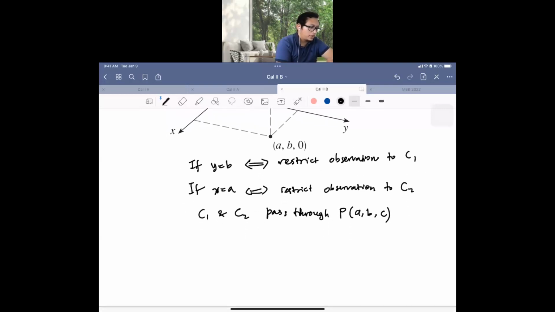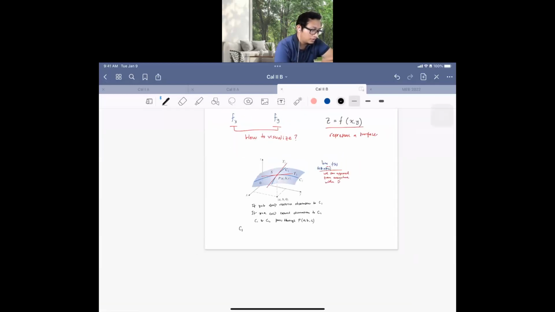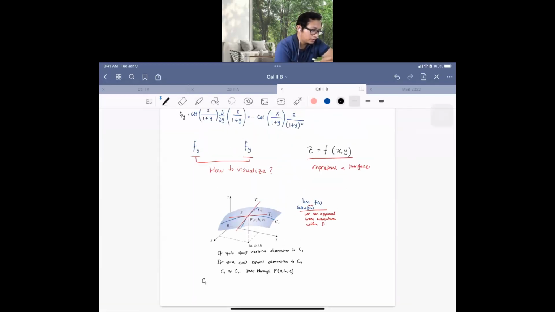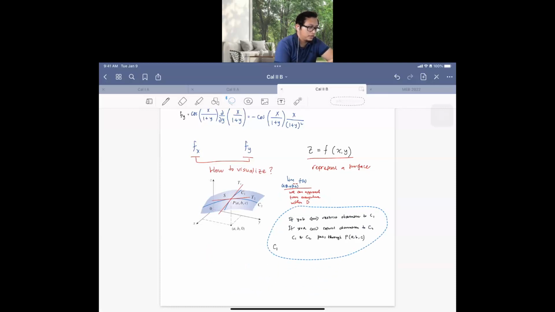We can write the C1. Maybe we can make the graph a little bit higher, and this a little bit higher here. I think better to write here. So C1,